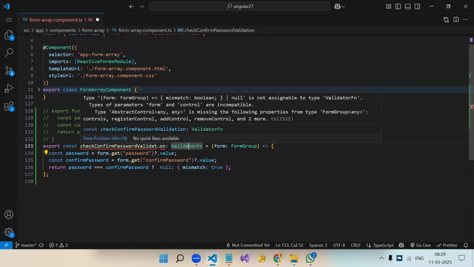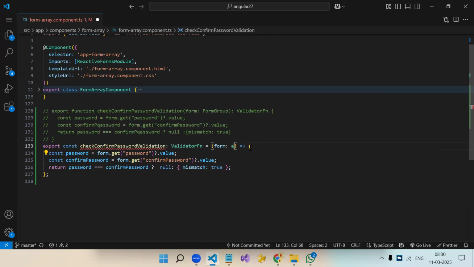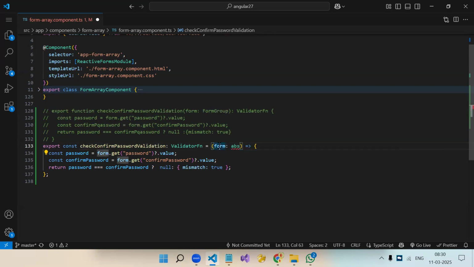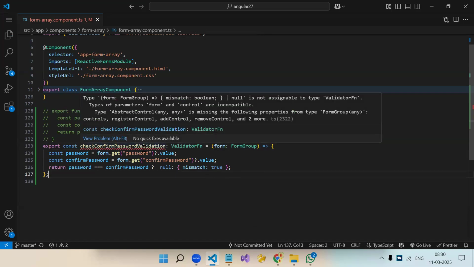अब क्या बोल रहे हैं कि टाइप एब्स्ट्रैक्ट कंट्रोल इज मिसिंग इन द फॉलोइंग प्रॉपर्टीज फॉर्म ग्रुप। जो फॉर्म है ना सर, उसका टाइप फॉर्म ग्रुप नहीं होकर एब्स्ट्रैक्ट कंट्रोल रखना पड़ेगा। बट हमें यहाँ पे फॉर्म ही भेजना पड़ेगा ना, क्योंकि फॉर्म में से दो कंट्रोल की वैल्यू रीड करनी है हमें। इसलिए फॉर्म भेज रहे हैं अपन। एक कंट्रोल भेजेंगे तो समझ में आता है, दूसरे कंट्रोल की वैल्यू कैसे रीड करूँ मैं, सिंगल कंट्रोल थोड़ी कर रहे हैं हम।